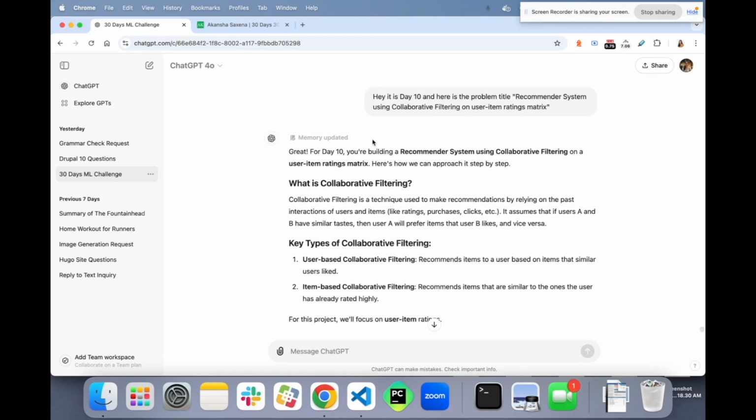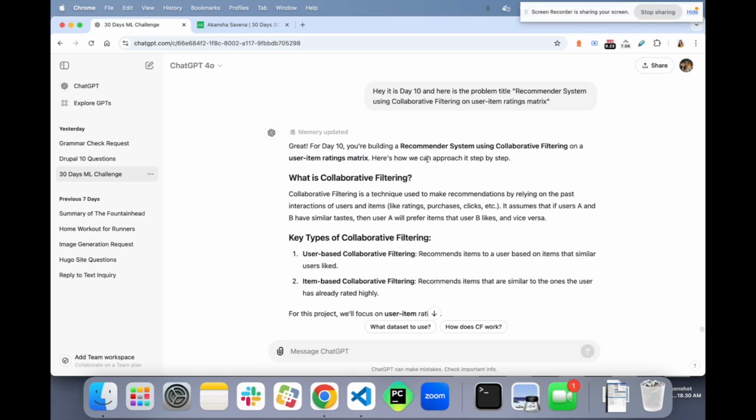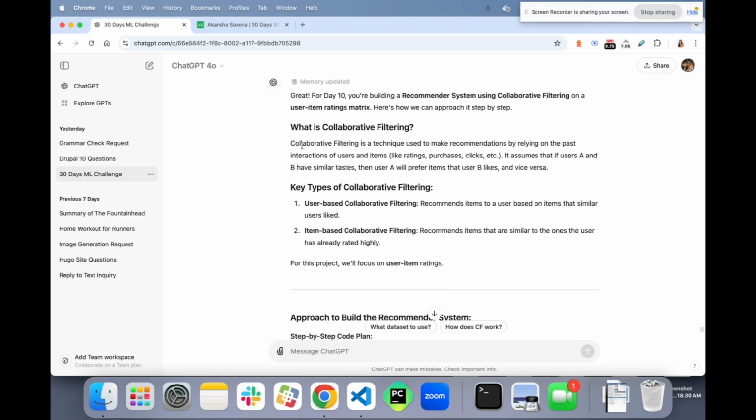Okay. So it says that for day 10, we are building a recommender system. It is going to show us recommendations using collaborative filtering on a user items ratings matrix. I don't know what that is, so it is going to be some sort of ratings matrix. Here's how we can approach it step by step. Good that it defines what collaborative filtering is. Collaborative filtering is a technique used to make recommendations by relying on the past interactions of users and items. So we are going to rely on the past interaction of a user and the items,